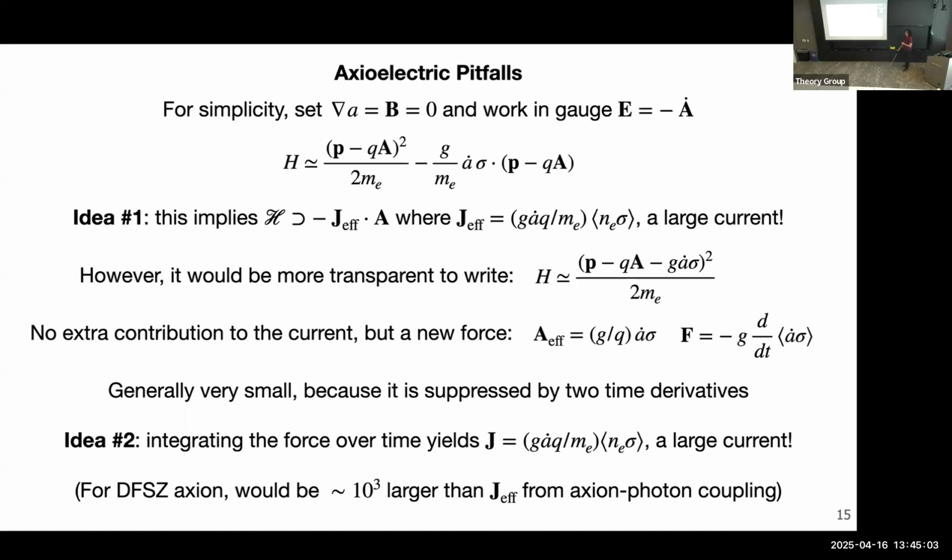That's because if I had an electron sitting there with no spin, without some really fast spin precession happening for some reason, then the force ends up depending on the second time derivative of A. Every time derivative will suppress you by the axion mass, which is very, very small. So the more derivatives you have, the smaller these effects are. This is quite discouraging: it looked like it was a one derivative term, but actually the effect comes with two derivatives.